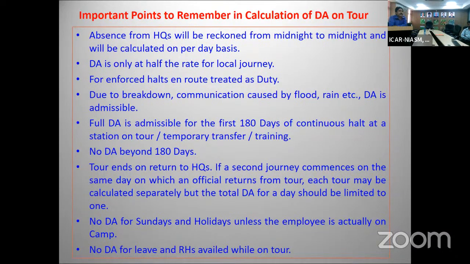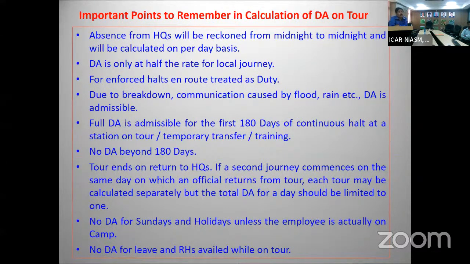देन फुल डीए इज एडमिसिबल फॉर द फर्स्ट 180 डेज ऑफ द कंटीन्यूअस हॉल्ट एट अ स्टेशन ऑन टूर, टेंपरेरी ट्रांसफर और ट्रेनिंग। इस केस में 180 डेज के अगर एब्सेंस है, फुल डीए आपको देना पड़ेगा। एंड अगर वो बियॉन्ड 180 डेज है तो नो डीए देन, बट अप टू 180 डेज फुल डीए। टू रेंट्स ऑन रिटर्न टू हेडक्वार्टर: if a second journey commences on the same day on which an official returns